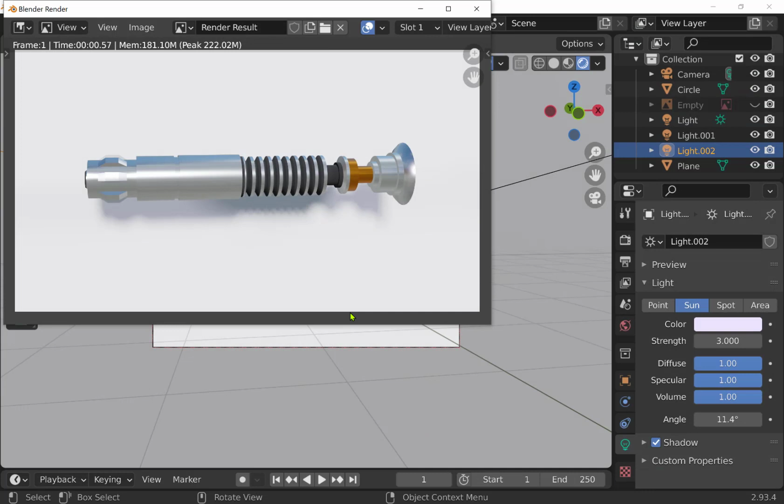So you want to make sure to, of course, put that rendered image, upload that onto your portfolio. You can go into your portfolio, create a slide called Lightsaber project, you know, and just hit Image Upload, find your image, and upload that. And then go ahead and submit your